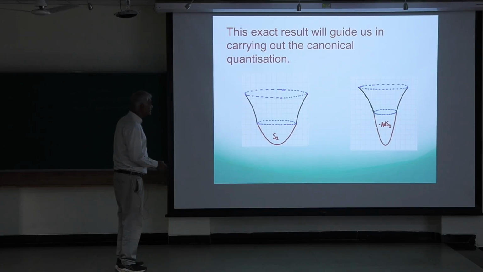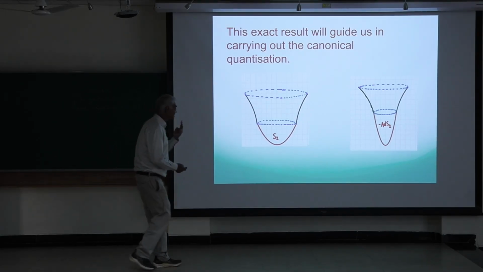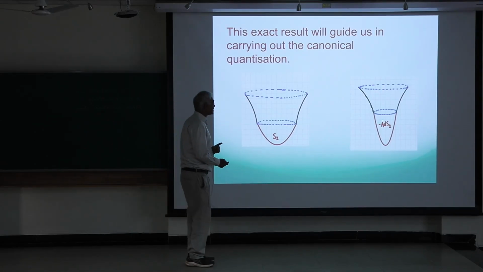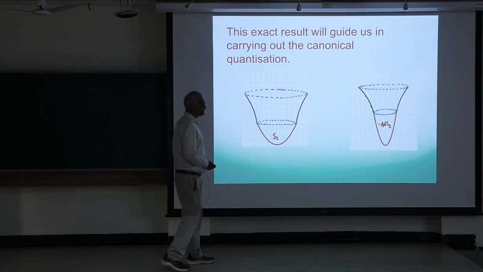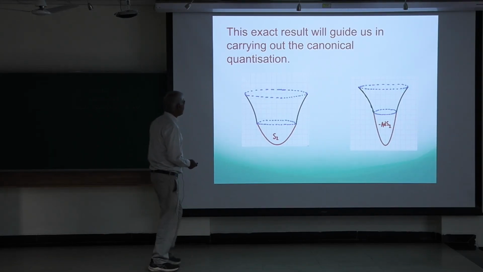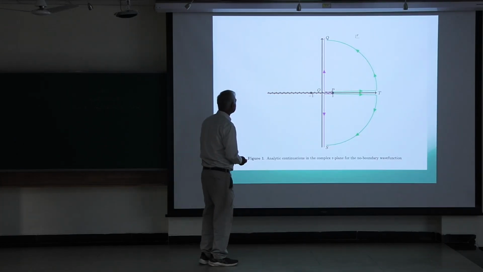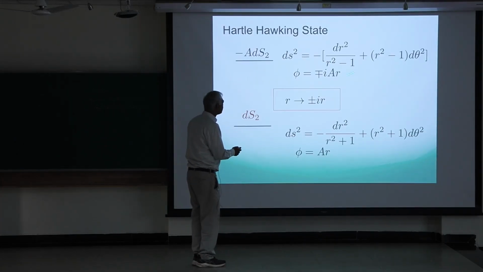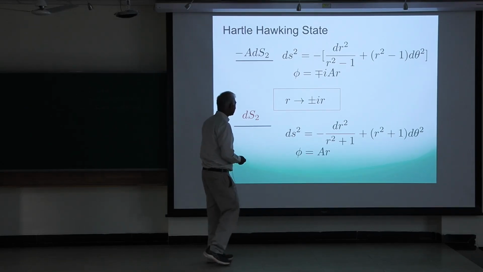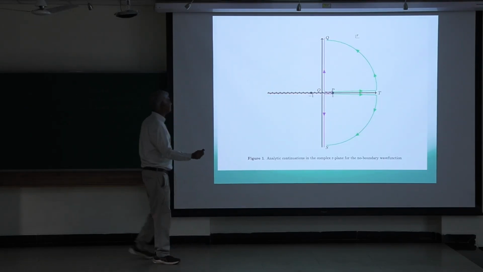Instead, what was argued was that you can take minus AdS2, two time-like directions, and do a suitable continuation, which is allowed in two dimensions alone, and come to the same wave function. Okay, and we were very suspicious about that. Mathematically you can put in the i's and show that if you go from minus AdS with two minus directions, you do land on deSitter, but that's just doing things around.